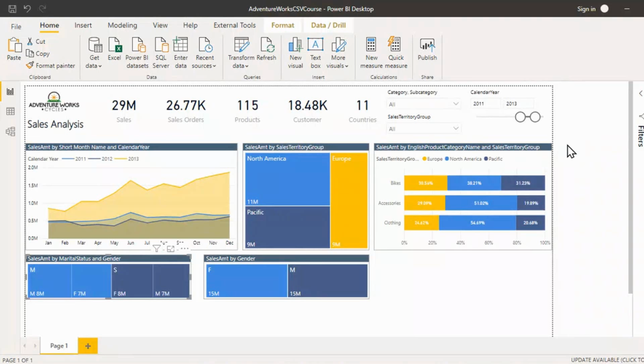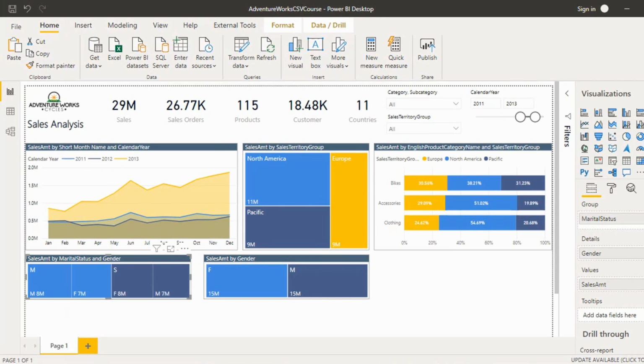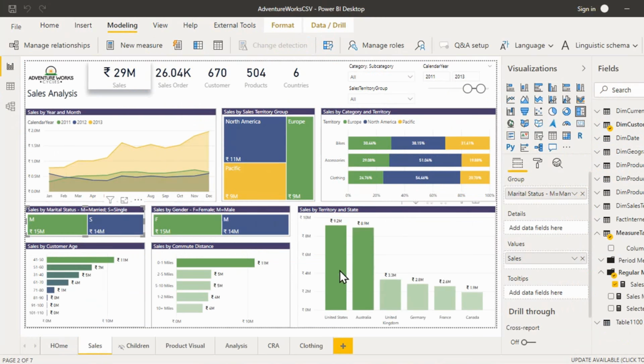So what we got as the result here is it is splitting it into equally divided parts. So I think the data itself is like that. So you can remove this one. So this is the sales by marital status and sales by gender, and after that we have here the sales